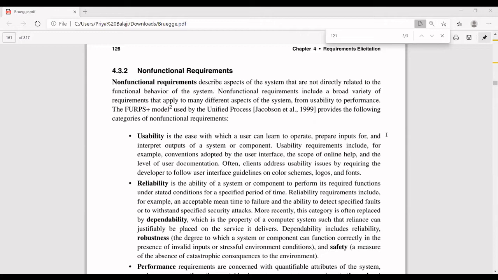But the size, the seat length, the height and the color of the car are not exactly functional requirements, yet they are also required features in the car, because without them you cannot have a proper design. Like that, certain things are not used for the functional behavior of a system, but they are also used inside the system for its performance.